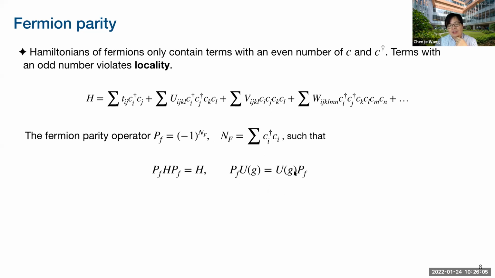Also, in general, if you are considering any other symmetry which has a representation in this many-body Hilbert space, then it must commute with this fermion parity, because in general we are considering usual symmetries. So this fermion parity basically counts the fermion operators inside this operator, and if it's odd, then it's actually a supersymmetry. It's not the regular symmetry. So we require it to be symmetric. That means that if you have a symmetry group, the fermion parity is in the center of the symmetry group.